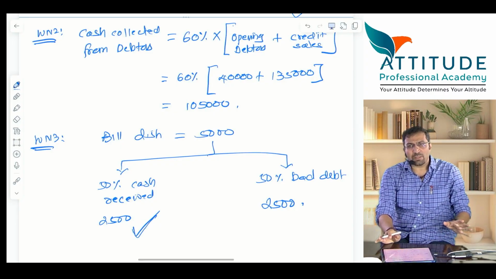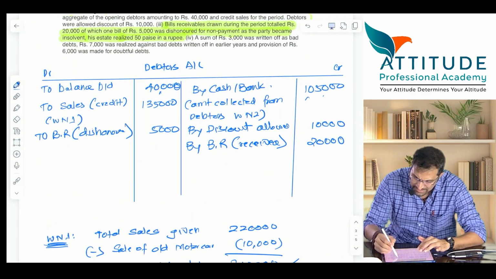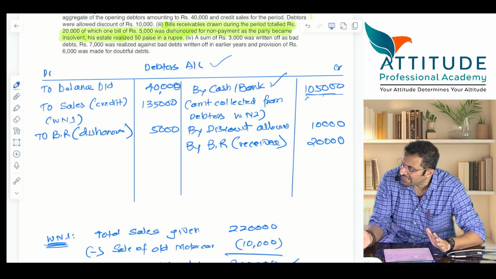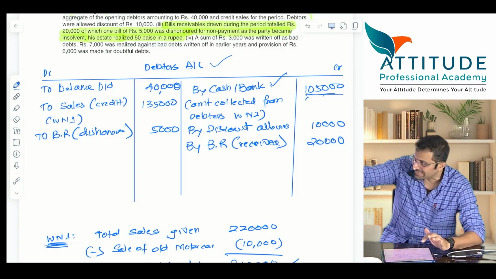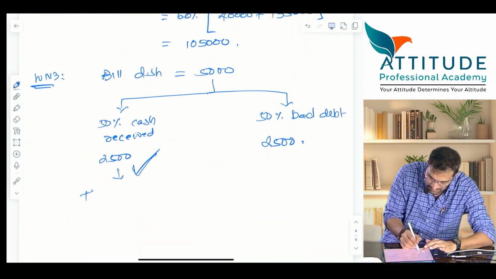Cash account debit to debtors. But cash account debit to debtors, you have already passed the entry, na here. कैश टू बैंक, कैश और बैंक अकाउंट डेबिट टू डेटर्स 1,05,000 किया है ना. So is this 2,500 included in that 1,05,000? Answer is yes. So we assume that this 2,500, this amount is already